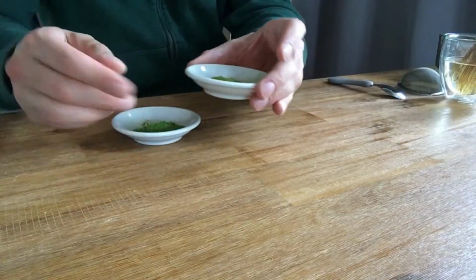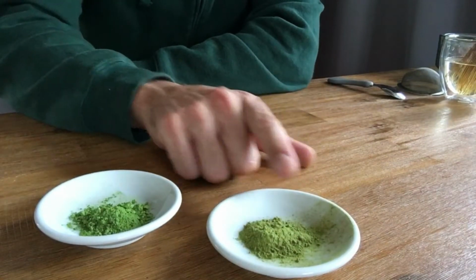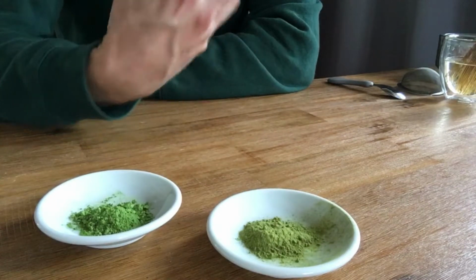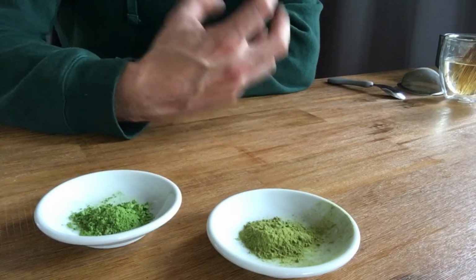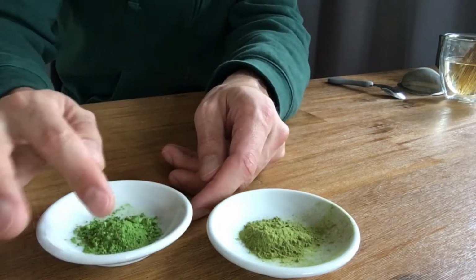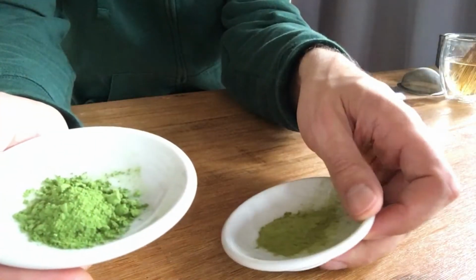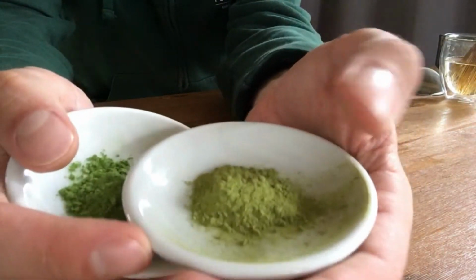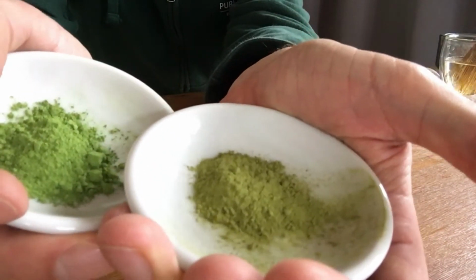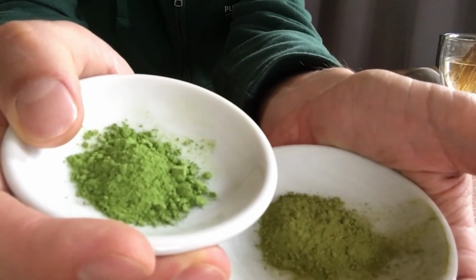When we go into the visual aspect, this is the second point I want to talk about after flavor, which is the quality in terms of color. So when we have a look at these two matchas, we see clearly here we have a more yellowish, a little bit less strong visual aspect in terms of this green color. Here we are looking at a very beautiful green color of the matcha. When I put them next to each other, we clearly see that here we have a little bit of a lighter color. It goes a little bit more into the yellowish, sometimes even grayish color, and this super intense, deep green